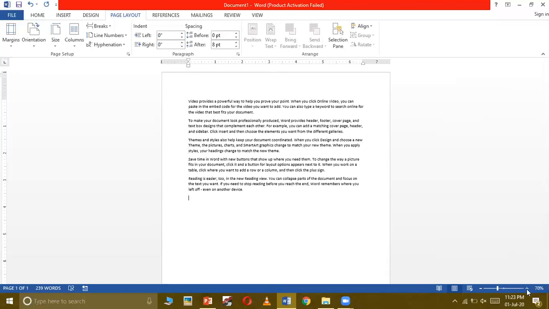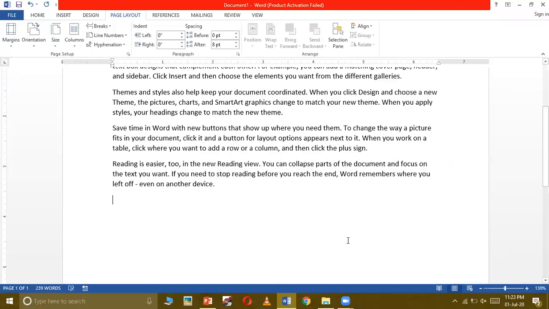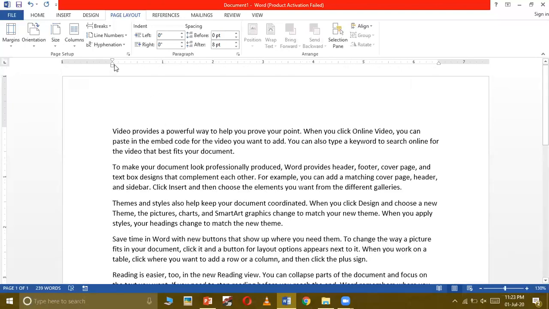Now let me zoom the page a little bit so that it will be clear. Now if you can see, let me show you the margin line here. So this line which is going vertically in your page, that is the margin line, and you can see all the text is starting from that line only. So right now there is no space between the margin line and the text. The space between the margin line and the text is known as indent space. So let's see what it is.